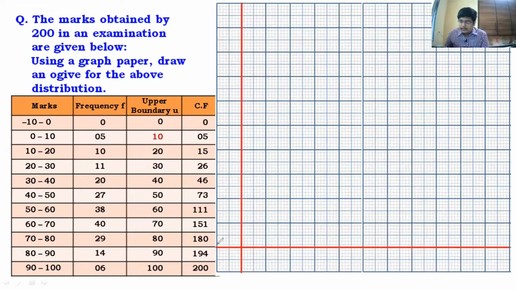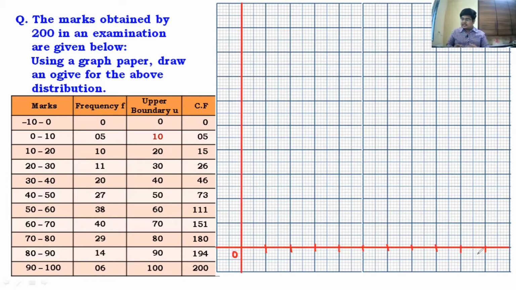Now here, guys, listen to me very carefully. Before you start a graph, you should always calculate whether your graph will be fitting in the given dimensions or not. What I mean is we are supposed to begin from 0. So here I will have 0. This will be 10, 20, 30, 40, 50, 60, 70, 80, 90 and 100. So here, guys, my graph will definitely fit. You have to check for your graph.